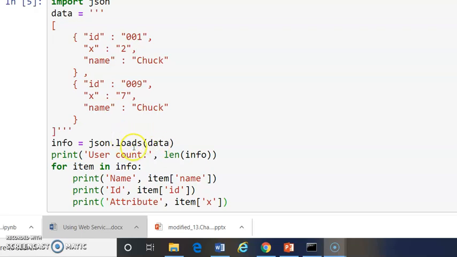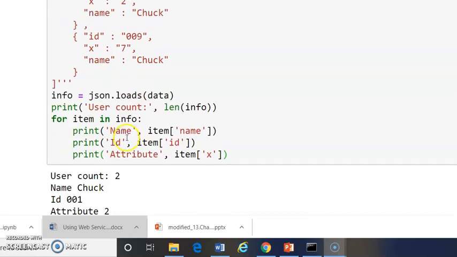So once we extract the contents using the JSON, we need not worry about how to handle the data. Using the data structures which we have learnt in Python, lists and dictionaries, we can access all the values inside this data which we have extracted very easily.